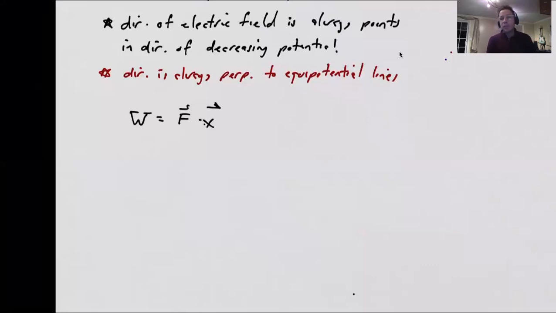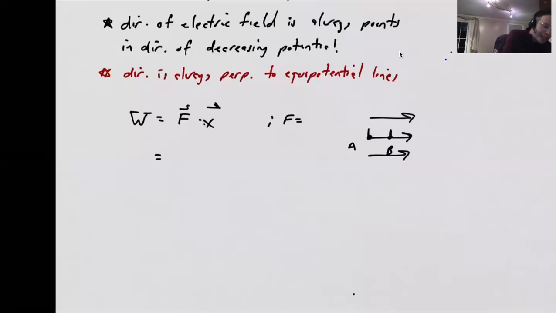What am I really saying? Let's say that you have an electric field. It goes something like this, right? And you have 2 points, A and B, right? And you want to apply some work to move a particle from B to A or from A to B, whatever the case may be, depending on the charge. Then we know the relationship between the force and the electric field, right? I remind you that force is equal to E times the charge that we want to move, we want to do work to. So this would be E times Q times X, right? The distance that we actually want to move,